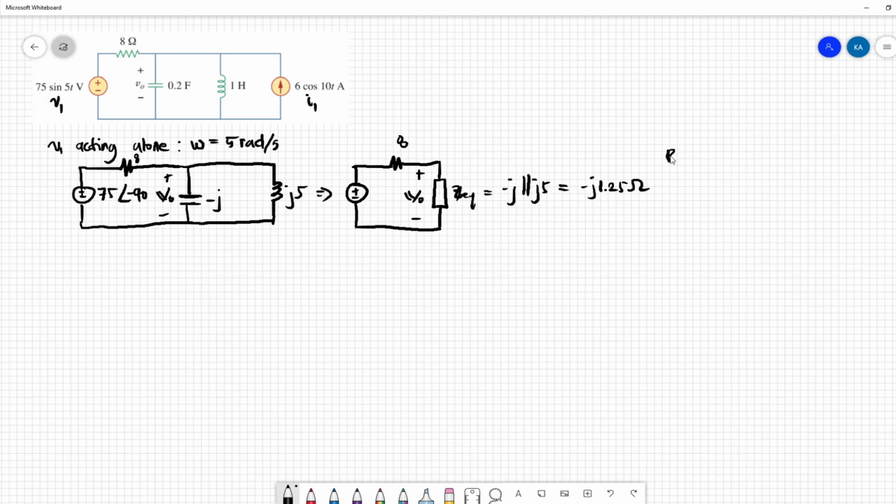Now by VDT, VO is equivalent to ZEQ over ZEQ plus 8 times 75 angle negative 90, where VO with V1 acting alone is equivalent to 11.578 angle negative 171.12, or in time domain this is equivalent to